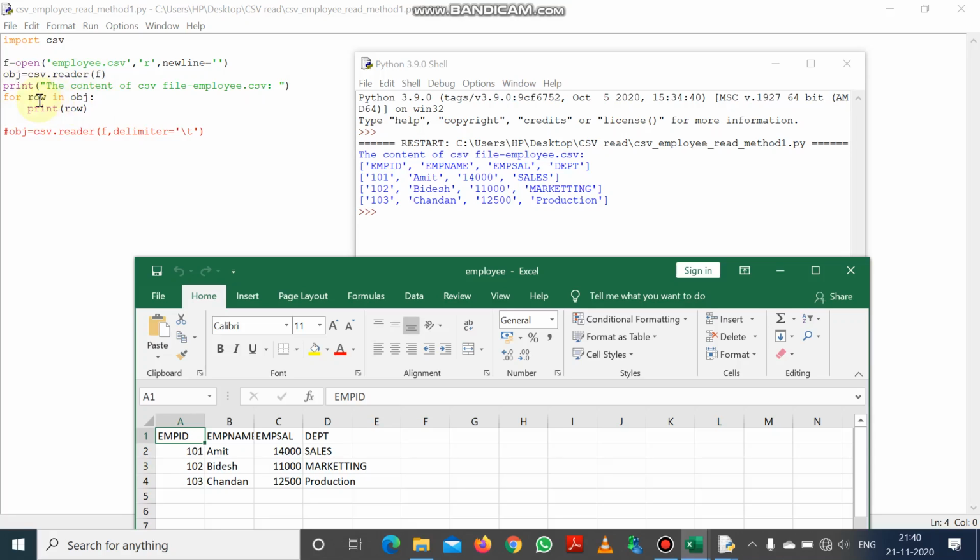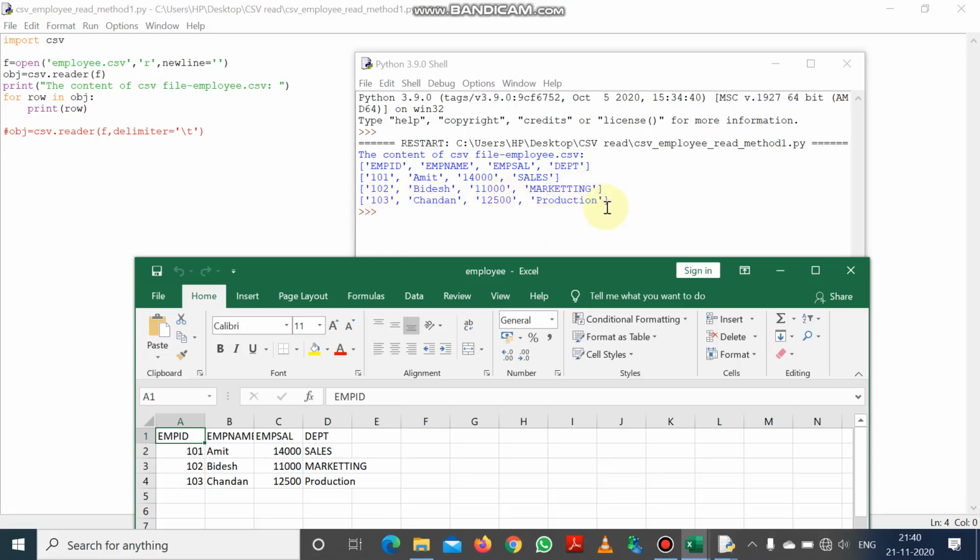So row contains the last record from the obj object, that is 103 Chandan 12,500 and production, and then we come inside the for loop and print row, and row prints the last record from obj to the monitor screen as a list. So you can see 103 Chandan 12,500 and